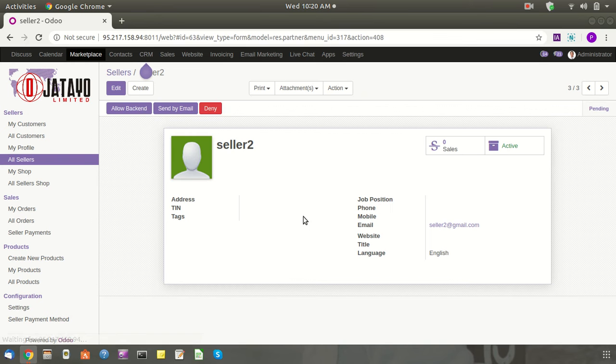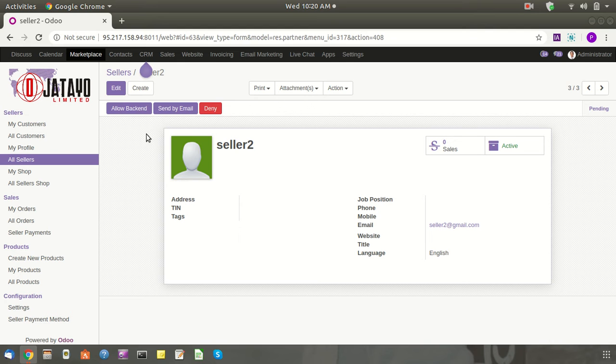Just click on it. Here you can see the mail ID and mobile number. Right now we haven't put in more details, so I require from your side that you tell me what kind of details you want from the vendor side.